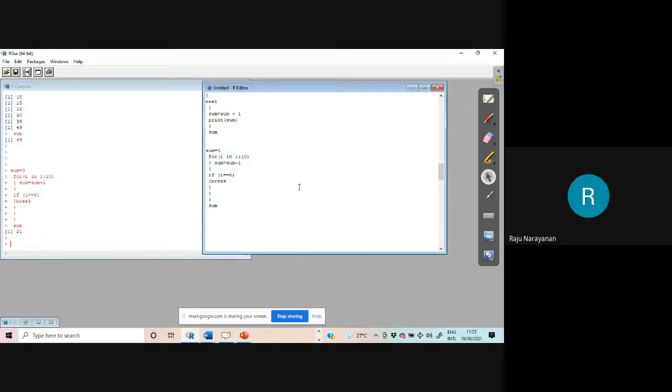1 plus 2 plus 3 plus 4 plus 5 plus 6. n into n plus 1 by 2, 6 into 7 by 2, 3 into 7, 21. You are getting finished. Therefore, when i is 6, it is stopping. Only up to 6 is added. Do you need other statements, or shall I go to the next topic?